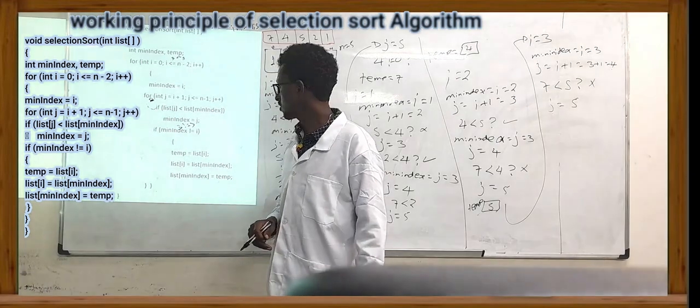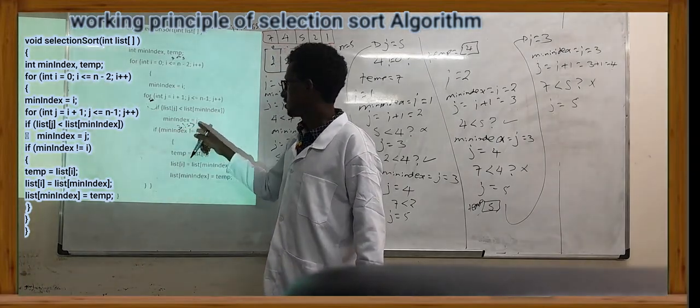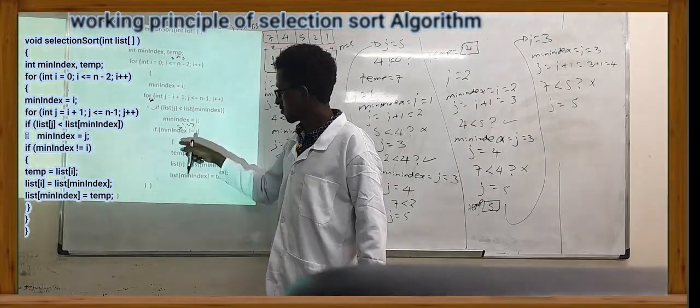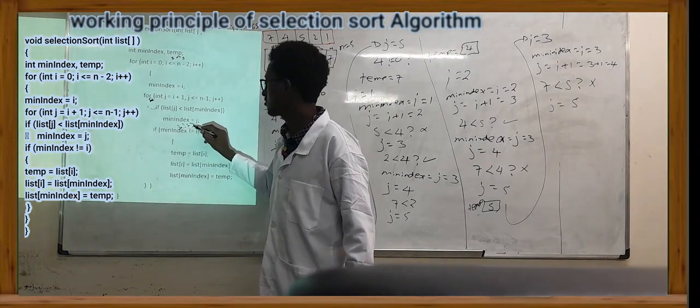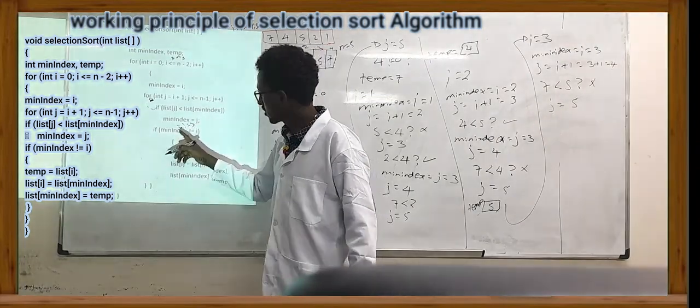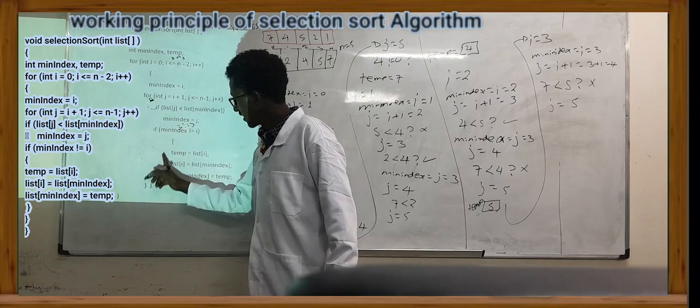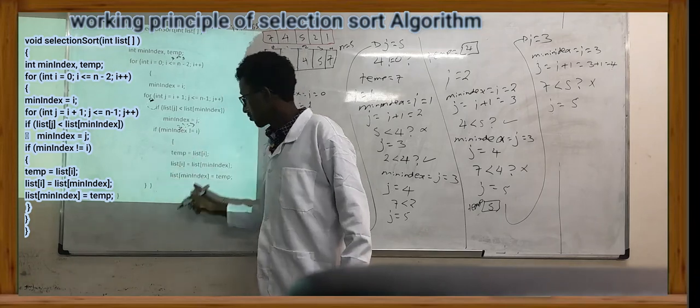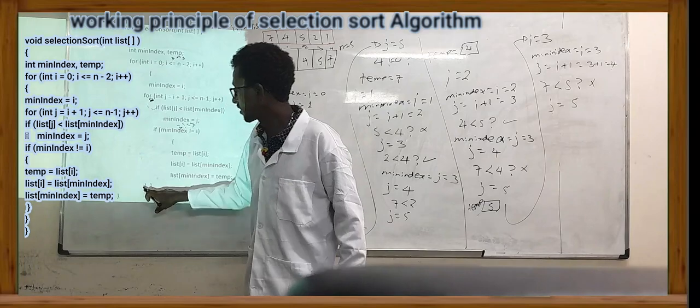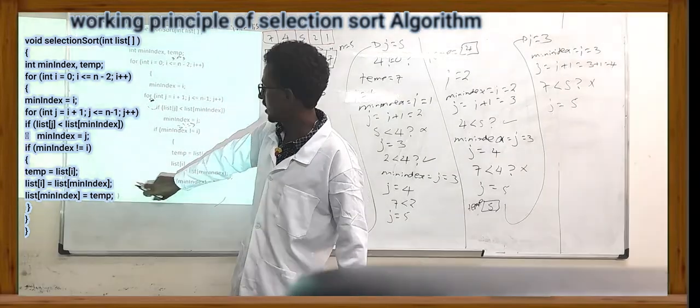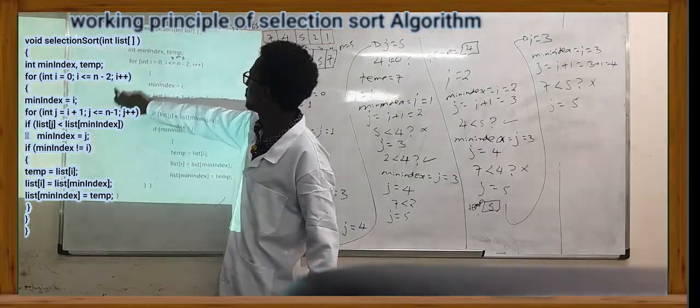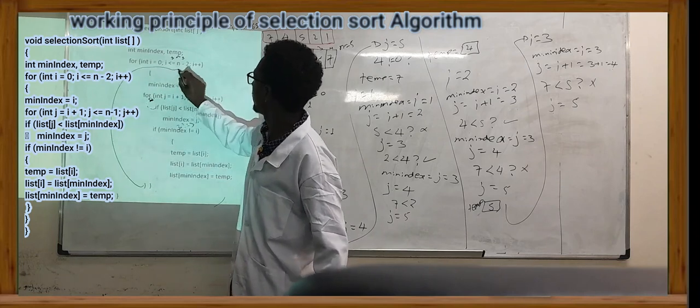Is this statement true? No. 3 not equal to 3 is false, they are equal. Therefore, if this statement is false, we cannot swap this one. Without swapping, we directly pass out of the brace, and we come again to the I